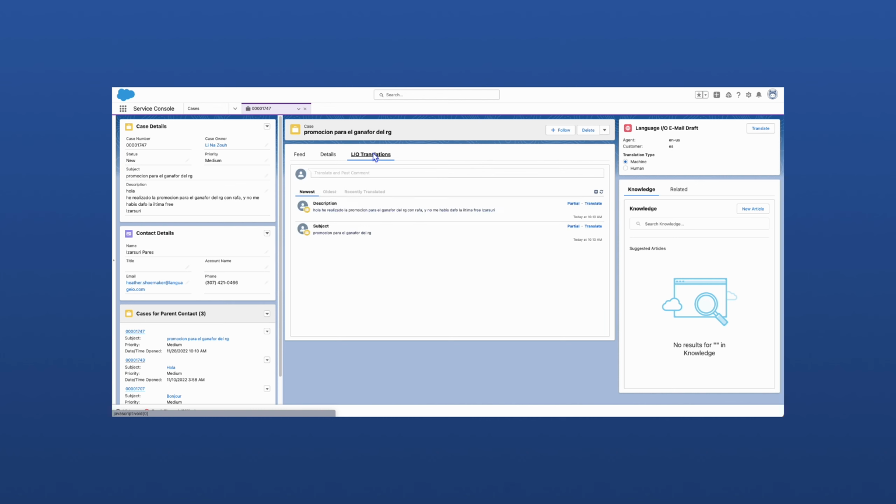Here we can see the email body in the description section and the subject in the subject section. In this example, there is a language barrier and the agent does not understand the subject line, so they decide to translate it. The agent clicks Translate, at which point the text is translated using the best engine selected for